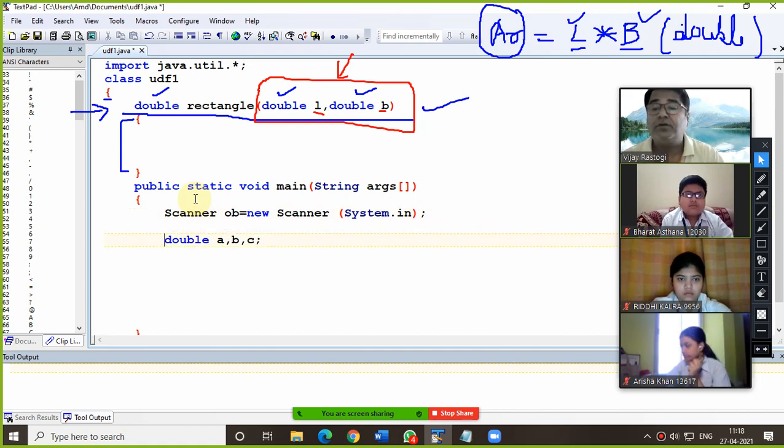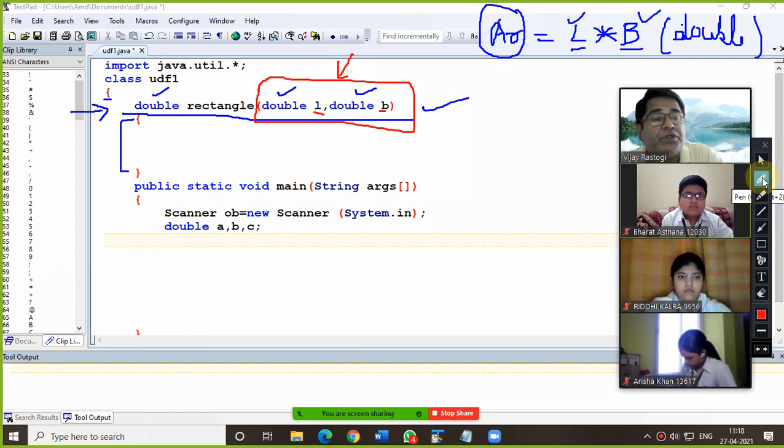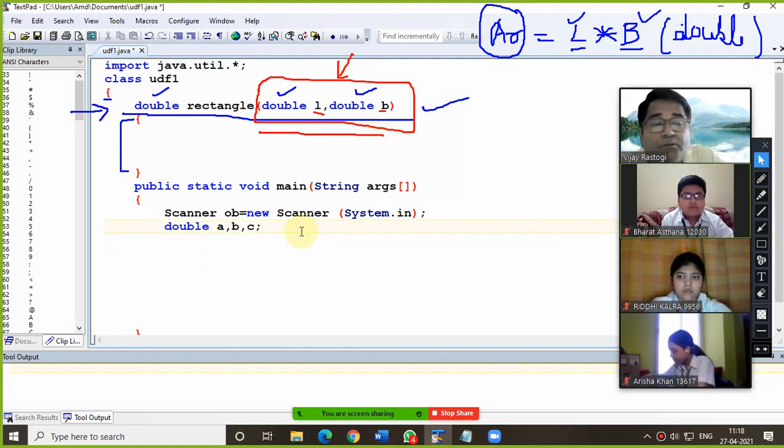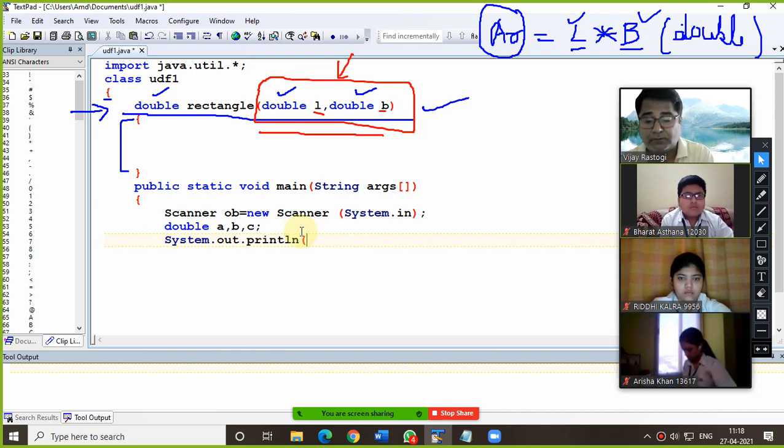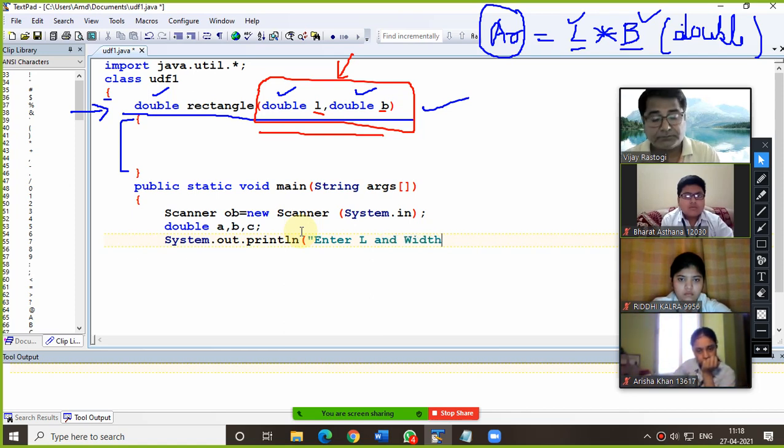Now, we are going to take input from the keyboard. So this number of parameters shows that these 2 are the inputs, and these we are supposed to take in the main method. So look here. Now we are simply giving a message, enter length and width, and now those things we are storing in the variables in which you want to store.